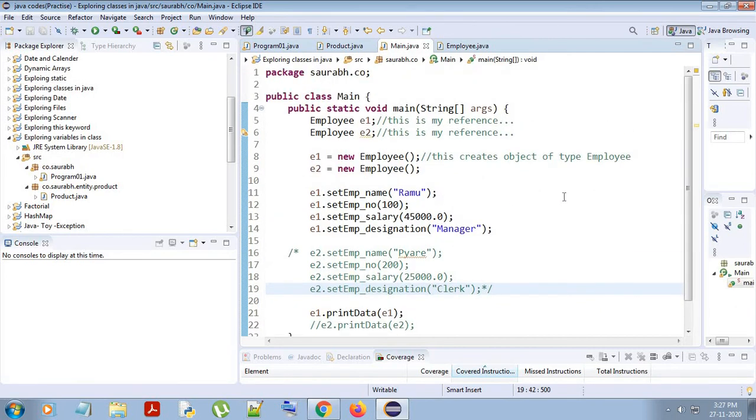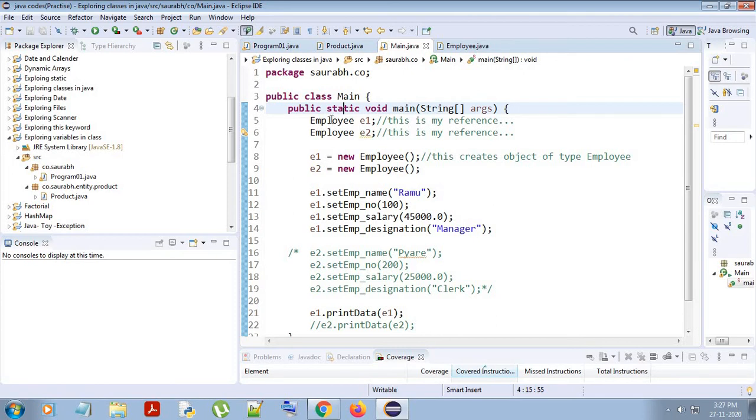So just don't worry about the static, don't worry about main, don't worry about string, don't worry about args. I am going to cover these and explain these in subsequent lectures. Please bear with me. Hope you will understand it very well. Please listen to this lecture. Everything will become clear. I will clear it in this and the subsequent lectures.